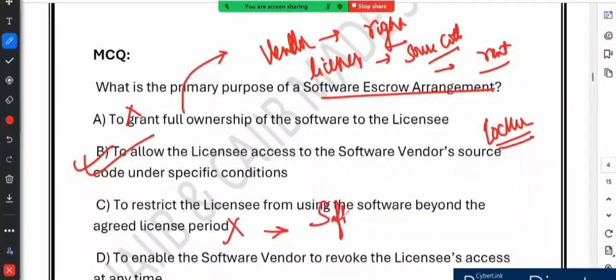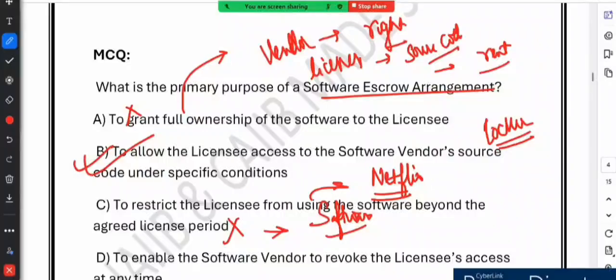It describes a software license agreement. It does not describe a software escrow. While licensing does limit how long a company can use software, an escrow arrangement is about ensuring continuity in the case of vendor failure. Let me give you one example. If you subscribe to Netflix, your access stops after your subscription ends. But this has nothing to do with software escrow, which is more about protecting the licensee if something happens